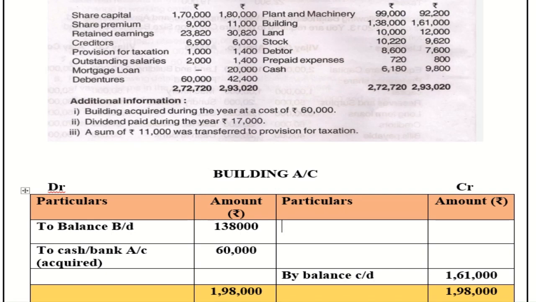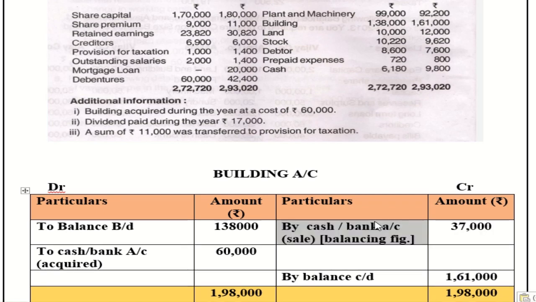So my dear students, when the credit side is more in case of an assets account, when compared to the debit side, the difference will be called additional purchases or purchases. In case the debit side is more when compared to the credit side, the difference will be called sales. If sales information already appears in the ledger account, then you should treat it as depreciation. So here there is no information on depreciation, so I consider this as sales. Okay, now you have to prepare this building account.